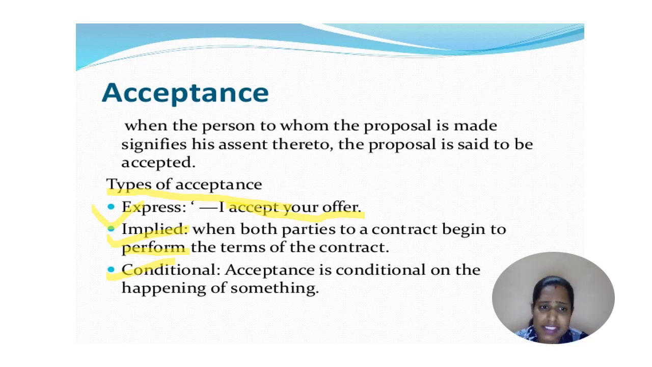So acceptance can also be in the implied form, that is in the form of action, or it can be in the form of act or behavior. Now next is conditional acceptance. Acceptance is conditional on happening of something. See here, acceptance is conditional on the happening of something. Sometimes the offer also can be a conditional offer. When there is a conditional offer, he makes sure when he is accepting that the particular condition is also being